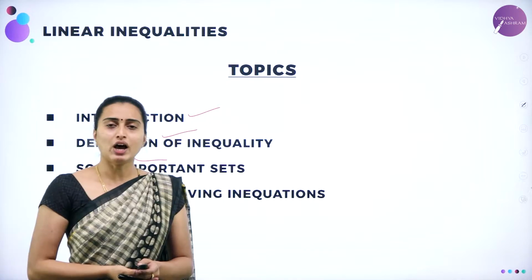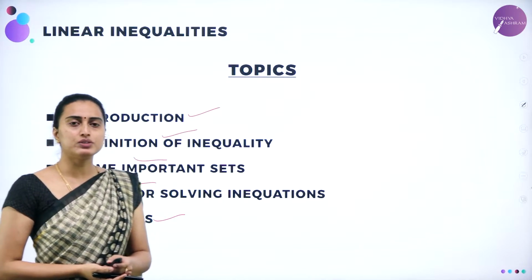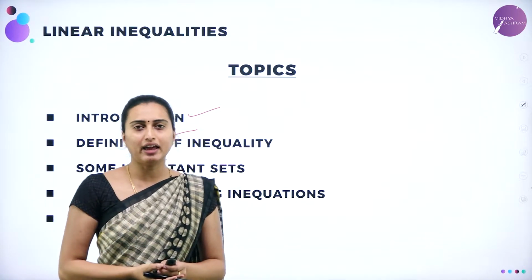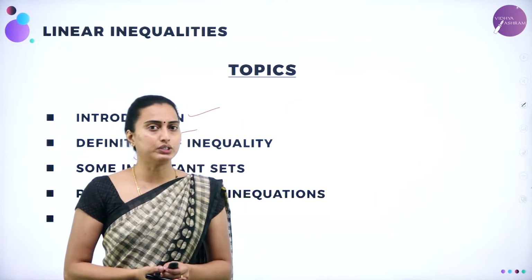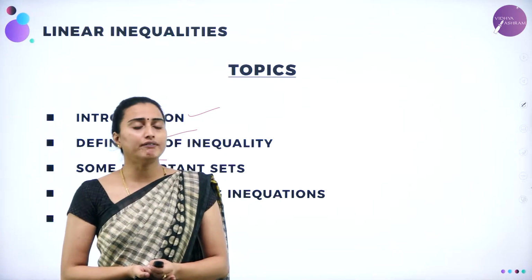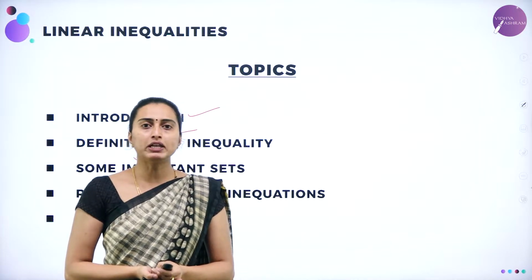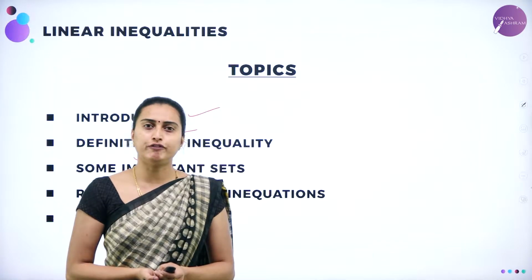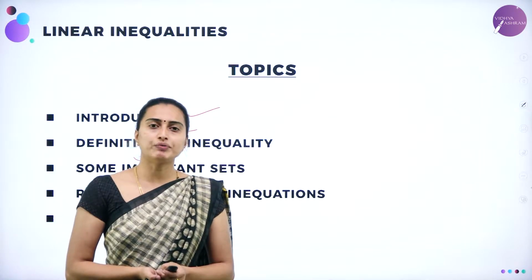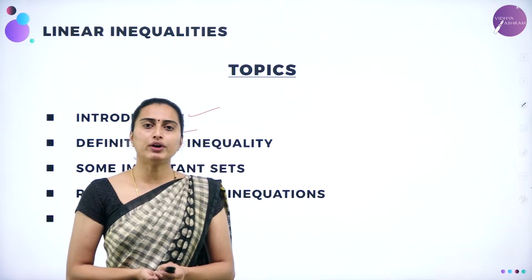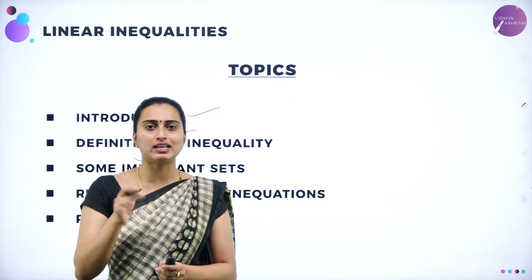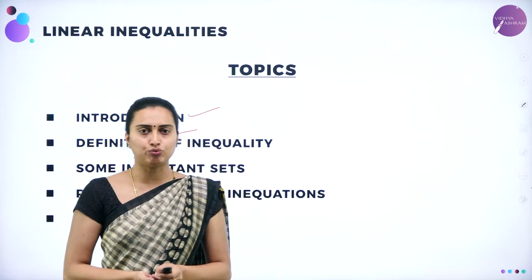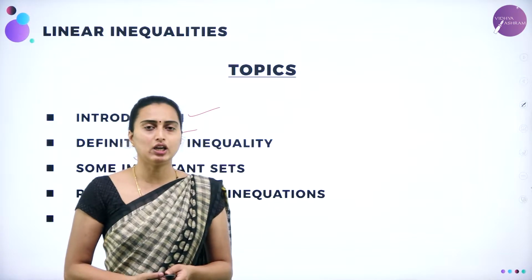and then problems based on all these rules. Now, here inequalities are used as the not equal formula. That means you are going to have lesser than, greater than, lesser than or equal to, greater than or equal to. For example, a person will be having rupees 50. So how many pens of rupees 3 can he buy? It will always be lesser than 50 only you should buy, isn't it? So which is having a rupees 3, you are going to take it as 3 into x is lesser than 50. So x will be lesser than 50 divided by 3. Like that you are going to use these inequalities.